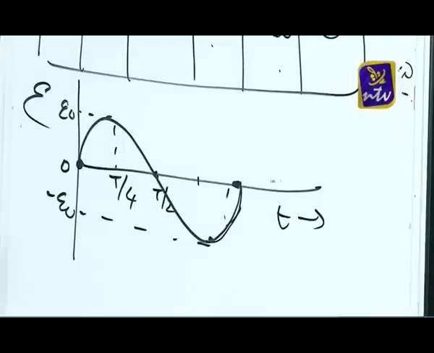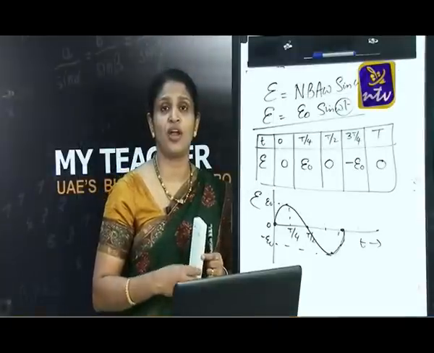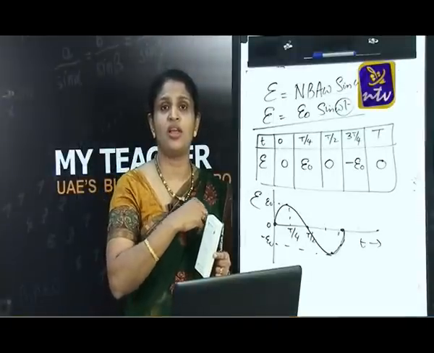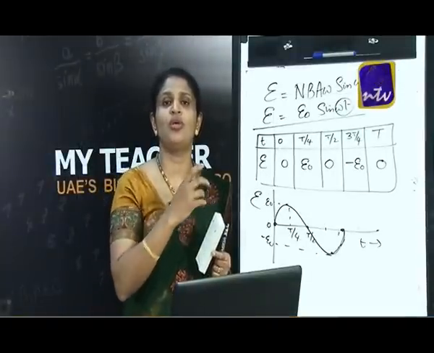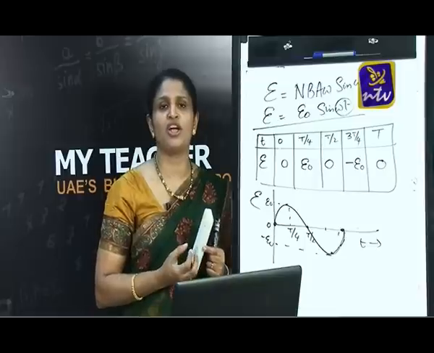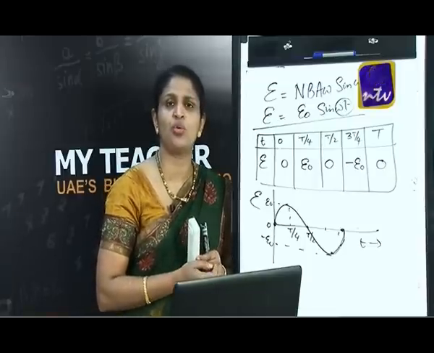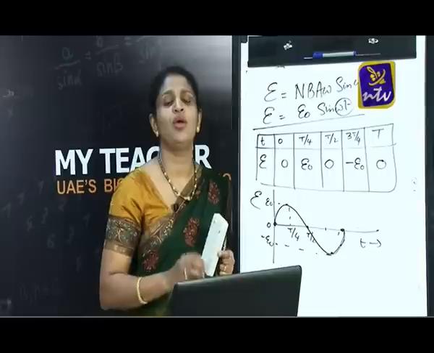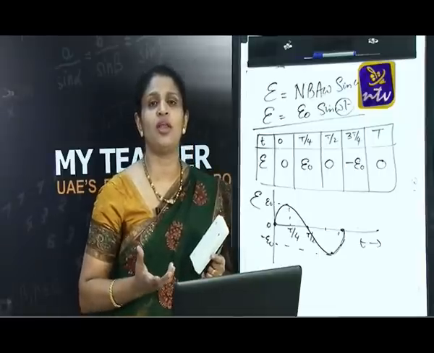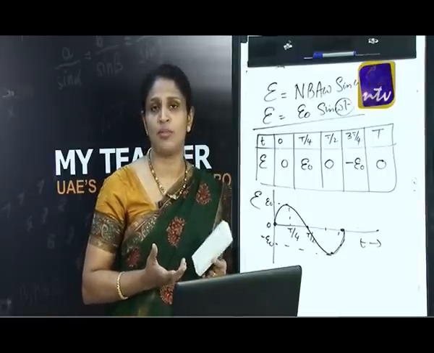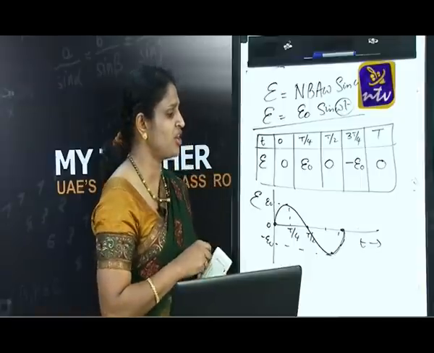Why is it sinusoidal? Because the values sin 30, sin 45, sin 60 do not vary exactly linearly, they vary as a curve, because sin 30 is equal to half, sin 45 is 1 by root 2, and sin 60 degrees is equal to root 3 by 2. Because of that, you are getting a sinusoidally varying EMF, and because of that the current generated also will